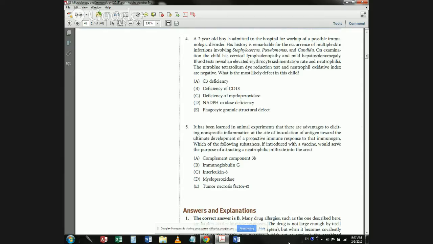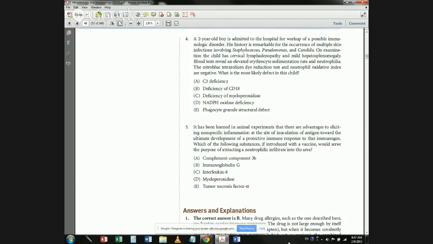Something's going on here. So we say, all right, let's do a blood test. And we see that it has an elevated erythrocyte sedimentation rate, and it has neutrophilia, meaning lots of neutrophils in blood. So we do the nitroblue tetrazolium dye reduction test, and the neutrophil oxidative index is negative, meaning that it does not turn blue, which means that this child is deficient in NADPH oxidase. He might have CGD. What is the most likely